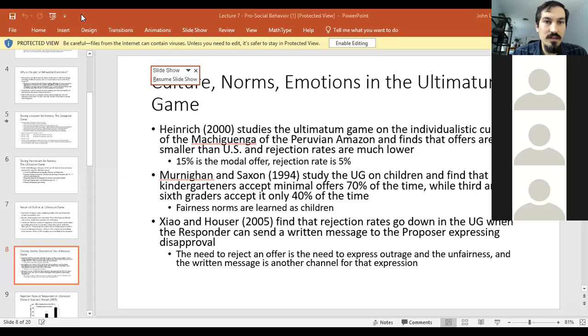There's some neat studies that maybe weren't in any of the papers, or